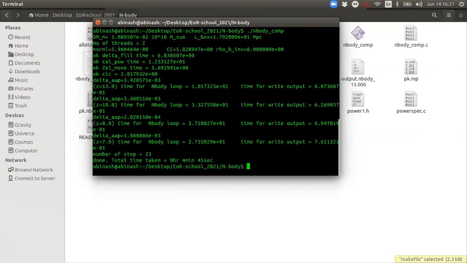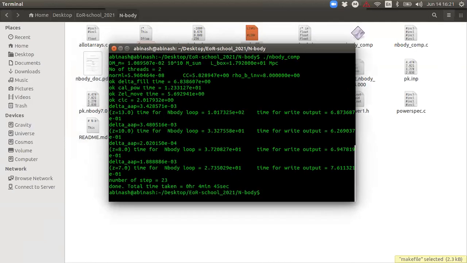But one can wrap this code using a Python wrapper, and in that case you can create some sort of GUI based thing where you give your inputs by hand as you do in Python, and then this C code will run in the background. That is possible, and we are planning to do that. If anyone is interested in developing this code, you can write back to us and we can talk about it. Wrapping is a good thing. Nowadays people are using Python wrappers.